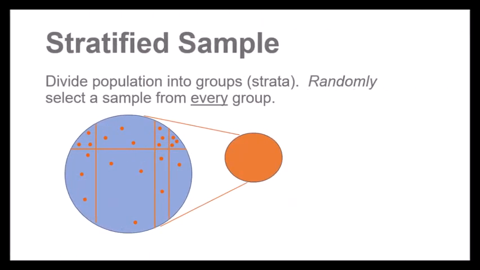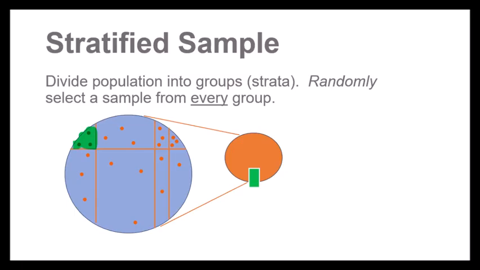Another type of random sample is called a stratified sample. With a stratified sample, we're taking the population and dividing it into groups. Typically these groups will have something in common. For example, if we're talking about political polling, we could divide up people by age or by race or ethnicity. Then from each one of these groups, say an age range, people from 18 to 25 or something like that, we will select some number of people at random, just like a simple random sample, from that group. And then the sample would be all of those put together.